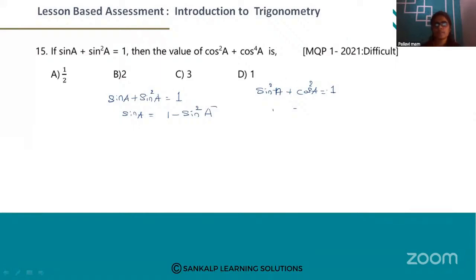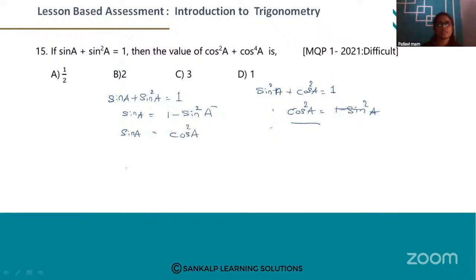So by the trigonometric identity, sin square A plus cos square A is equal to 1. So cos square A is equal to ಏನಾಗುತ್ತೆ, 1 minus sin square A ಆಗುತ್ತೆ. So ಇಲ್ಲಿ by the given equation, sin A plus sin square A is equal to 1. So sin A is equal to ಏನಾಗುತ್ತೆ, 1 minus sin square A ಆಗುತ್ತೆ. So ಇಲ್ಲಿ sin A is equal to 1 minus sin square ಅನ್ನ ಏನ್ ಬರಿಬಹುದು ನಾನು, cos square A ಅಂತ ಬರೀತೀನಿ. So cos square A. Okay.